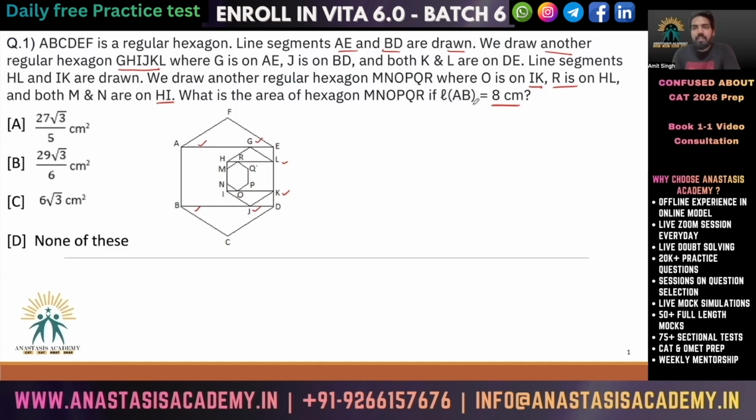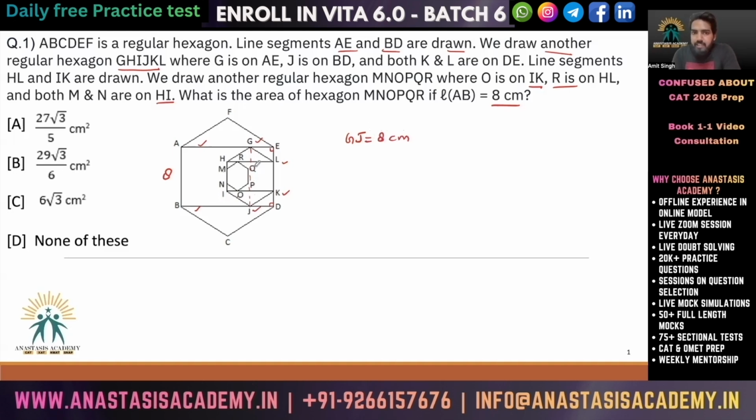Okay, so we are given the side of the larger hexagon, right? So this side AB is given as 8. If this side is 8, can you see the distance between these two lines, that is AE and BD? This distance would also be 8, right? Because this distance would be the perpendicular distance between these lines and it would be equal to 8. So the distance between point G and this point J, I can write GJ is equal to 8 centimeters,